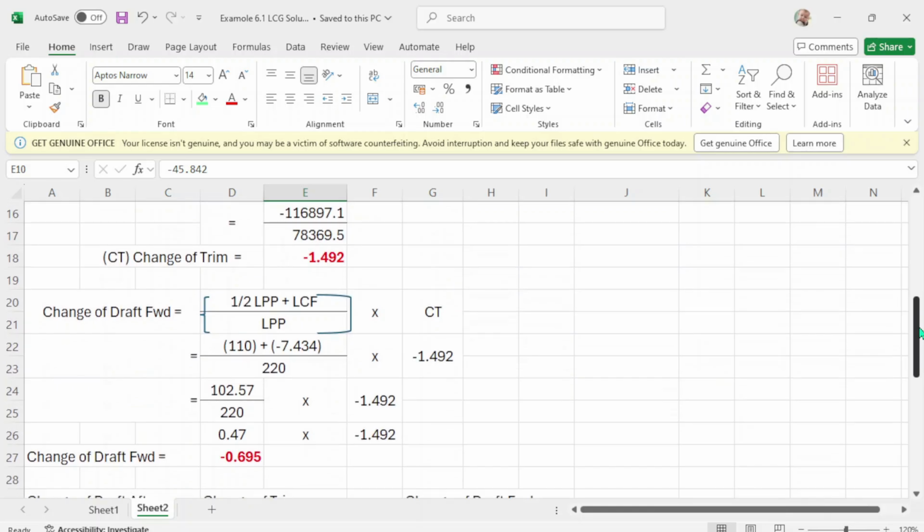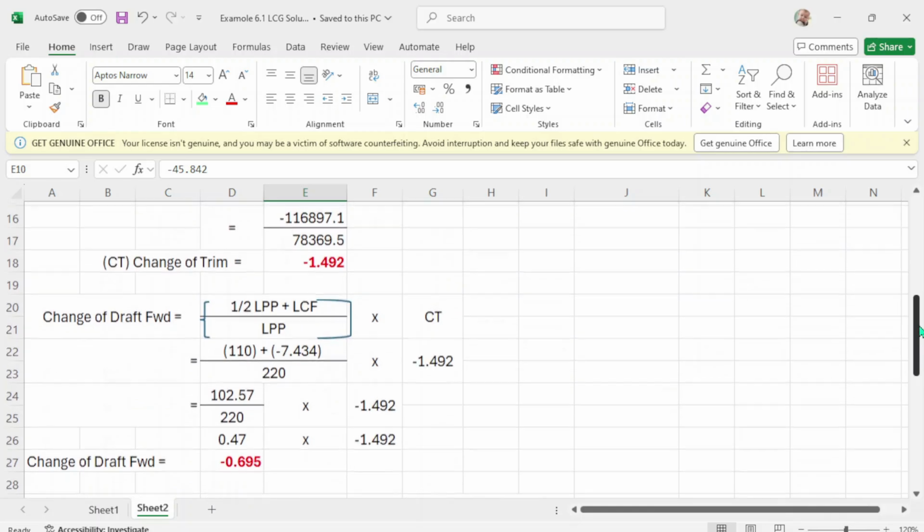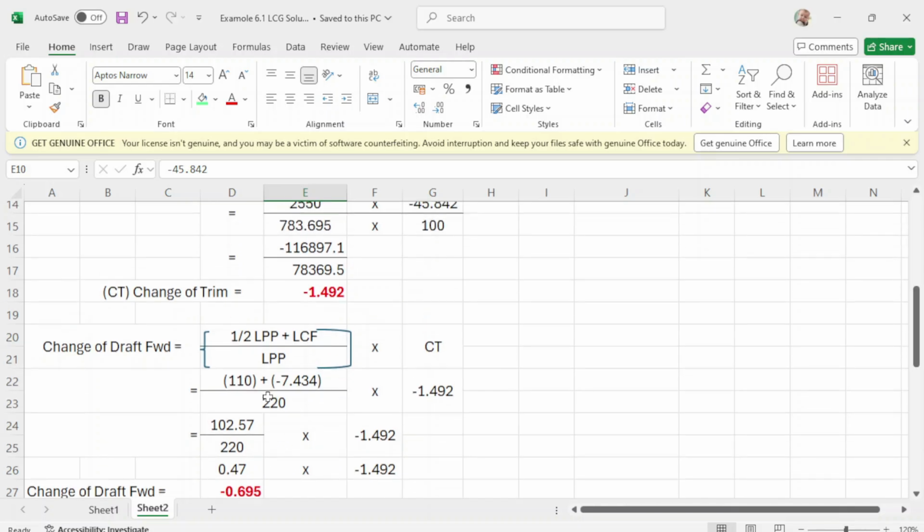Now next we are looking for the change of draft forward. This is the formula: 1/2 LPP plus LCF over LPP times change of trim. Your LPP is 222.